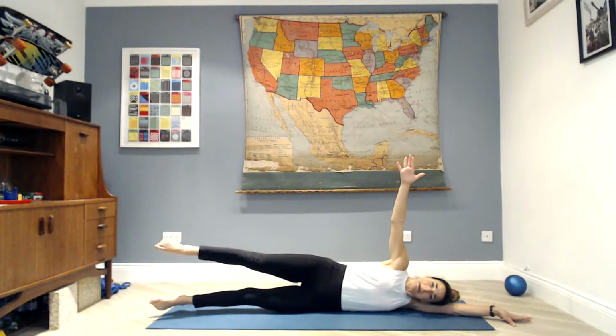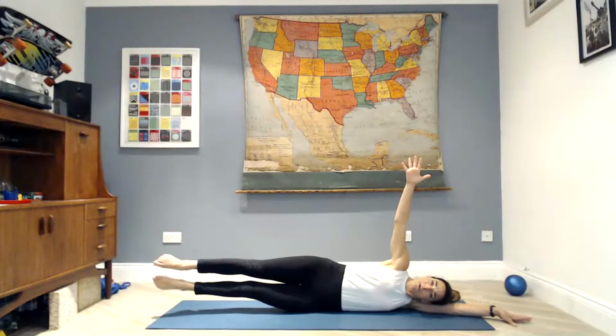Now float your top leg a little higher. Lift the lower leg up. Touch that foot. Touch the floor. So lower leg squeezing the inner thighs together. Zipping the inner thigh, knees and ankles. So there 4, and 3, 2. Hold the last 1. Now let's take your hand down, and we're going to do a bicycle pedal with this